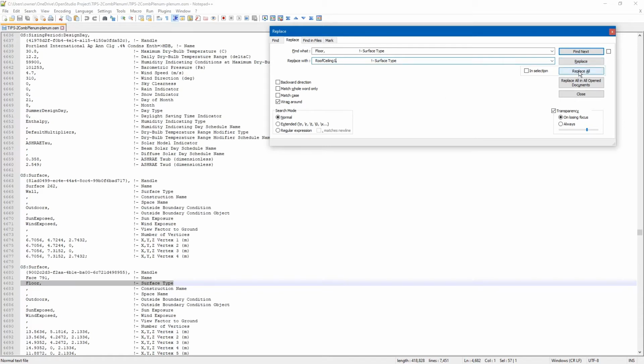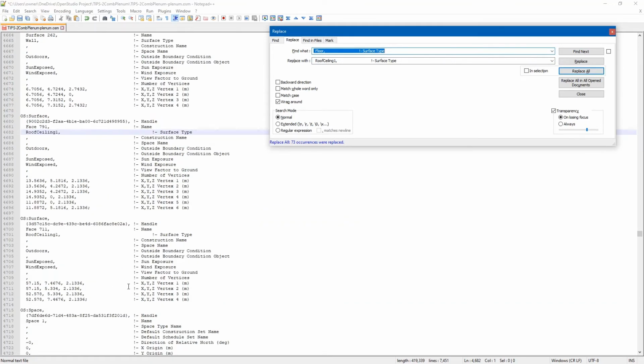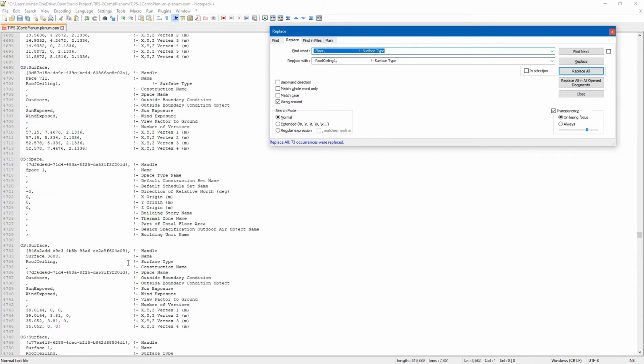For now, we'll click Replace All, and then we want to look for an example of a roof ceiling,